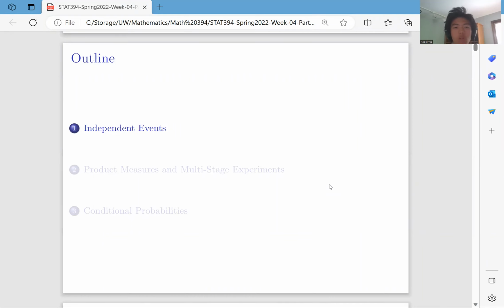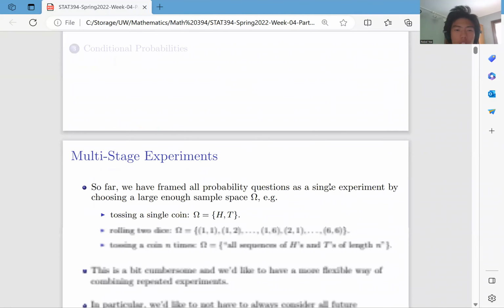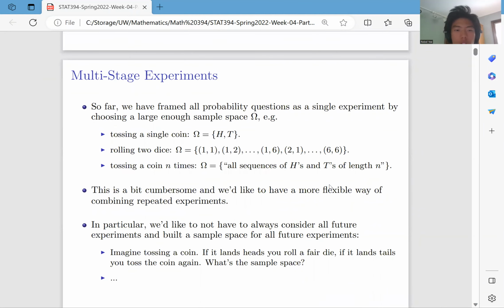Today we're going to learn about independent events. Previously, remember, all the events and experiments we discussed were single, which means there's only one step. For example, if we toss a single coin, or roll many dice, or roll a dice many times, we treat them as a single experiment, which means we include all the possible cases in